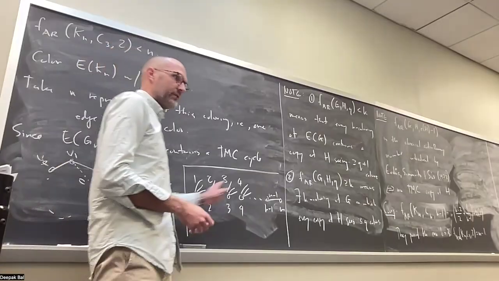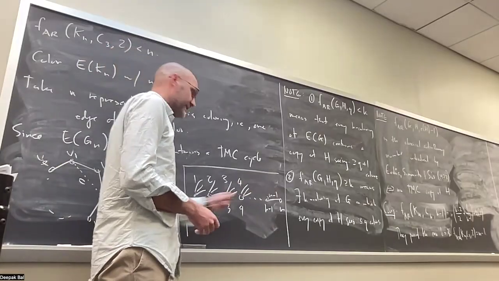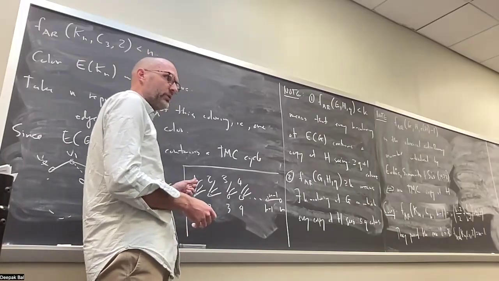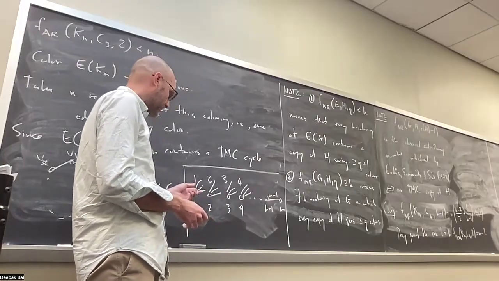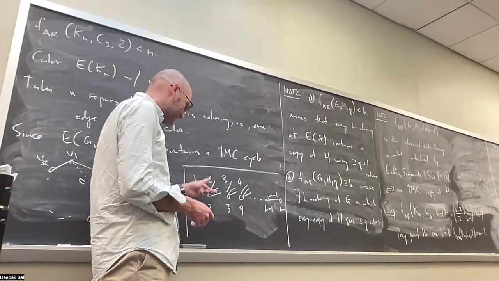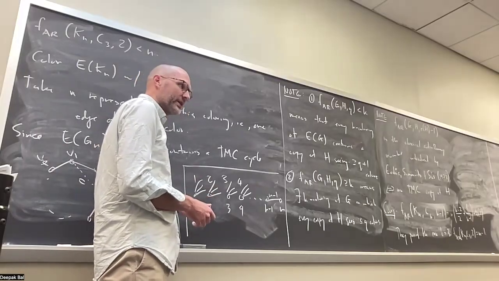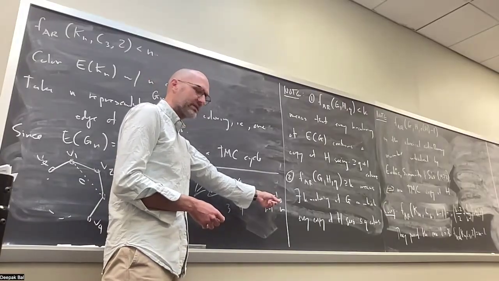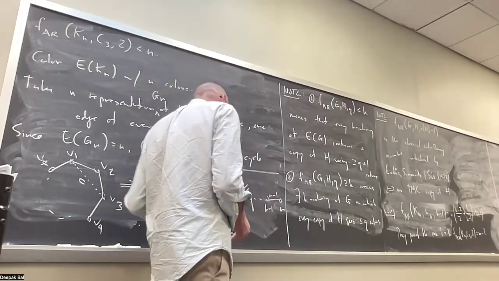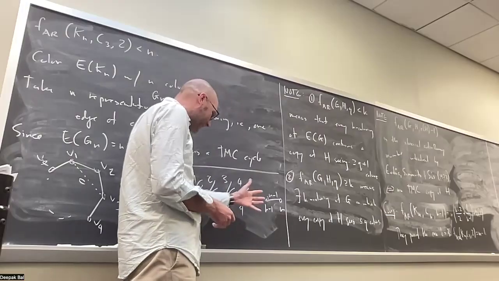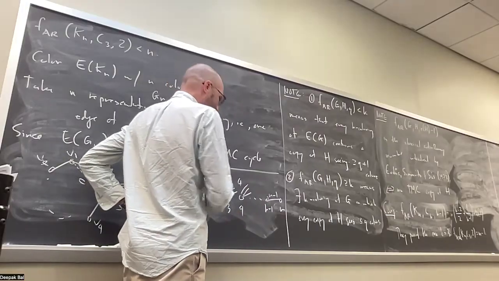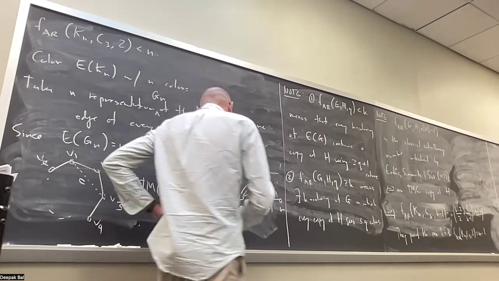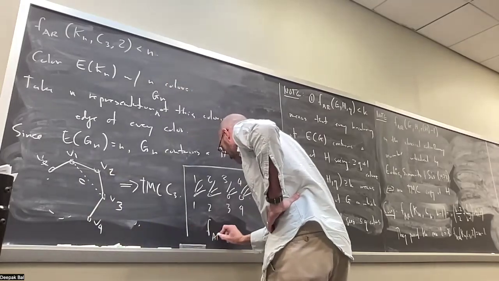In fact, any cycle in this graph can't possibly be totally multicolored, because you need to return at some point to where you started, and that's going to have an edge with the same color. There's going to be at least 2 edges that share a color, right? And so therefore, we've found an example of a coloring of the edges of Kn with n minus 1 colors that does not contain a TMC C3, right? So this tells us that the anti-Ramsey number of C3